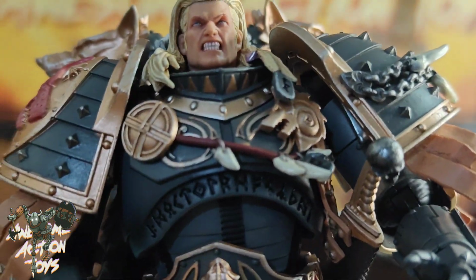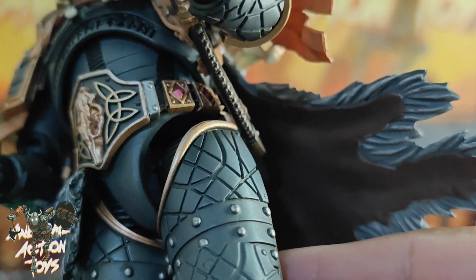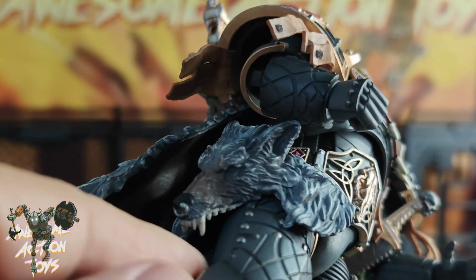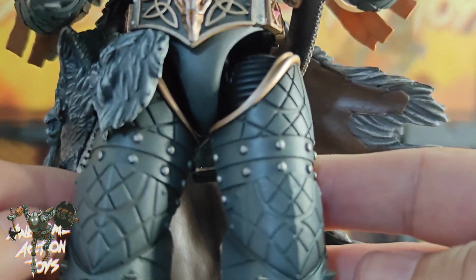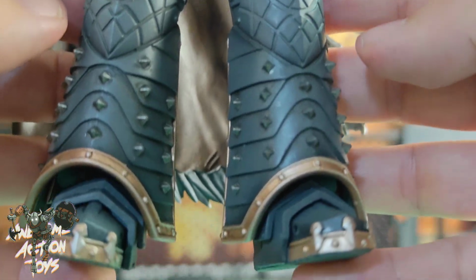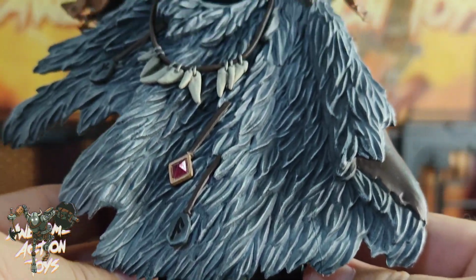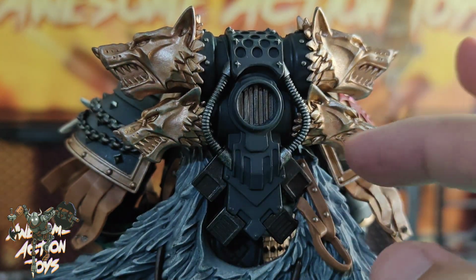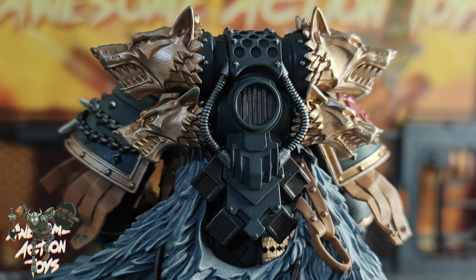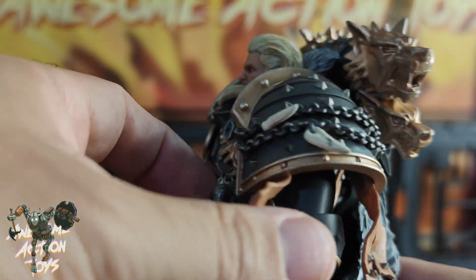Just bring him up a little bit, see some more of the details on the front. It appears to have some minor inking, but not enough. Needs more inking going on. There is a lot of highlighting you see on the wolf's pelt. On the back, needs inking on that gold, but there is some dry brushing, it looks like, or some minor highlighting on the gold of the wolf's heads there. Pauldron just